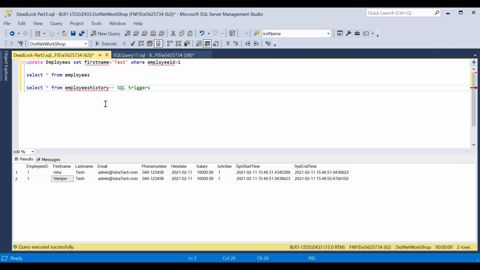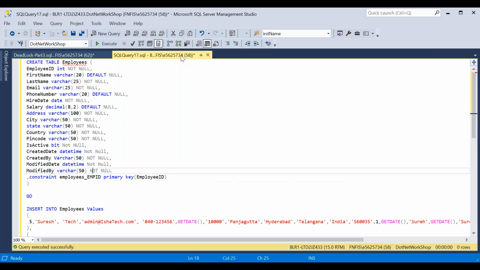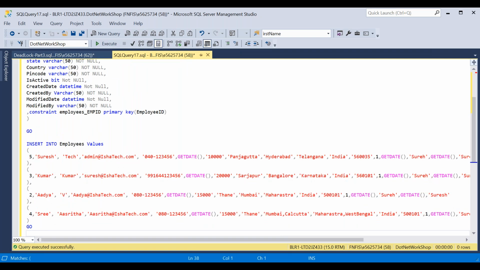Yes, understood. Right? In most scenarios, you can just observe in your live database, or maybe in the development or testing database, you can find most of the triggers. Triggers are useful, but not in this scenario. In these scenarios, we always have to go for the versioning table itself, so that the performance will be improved.